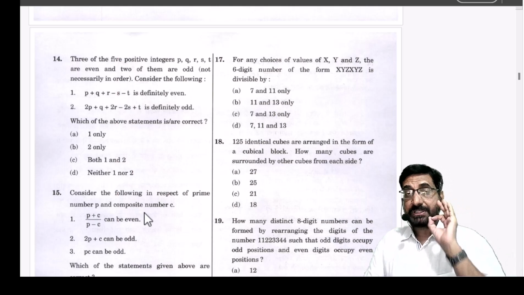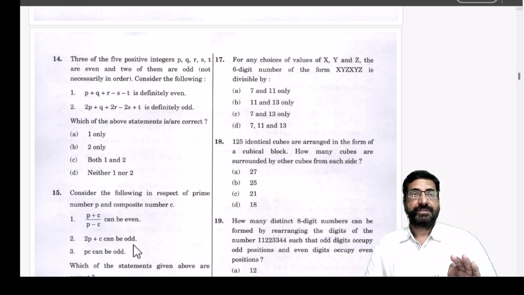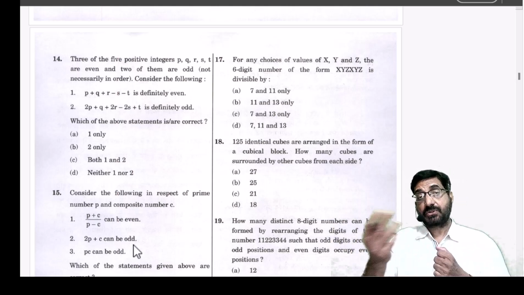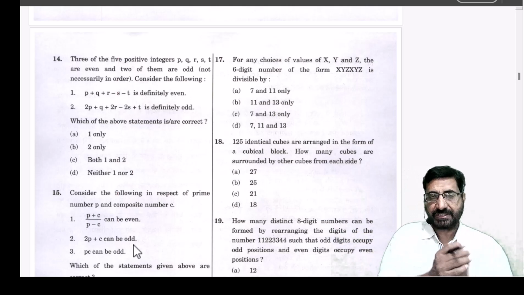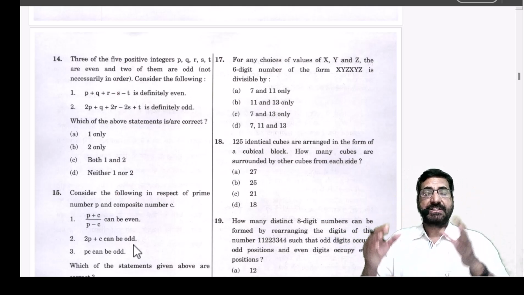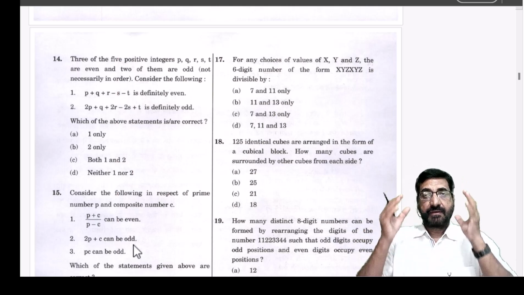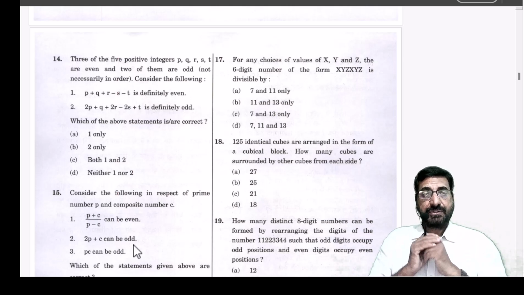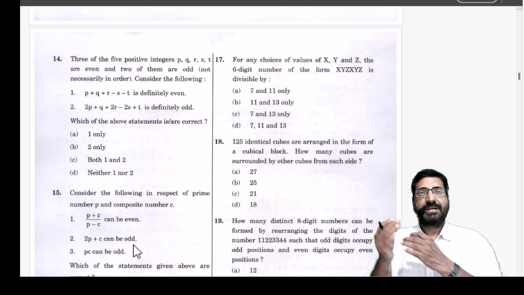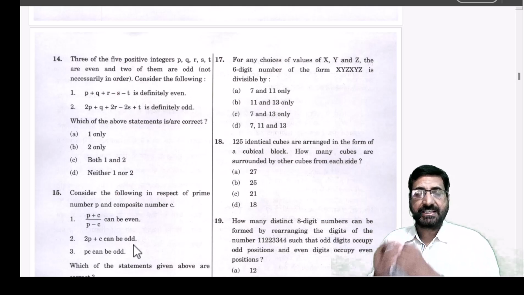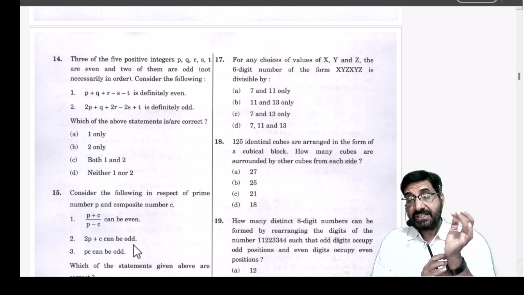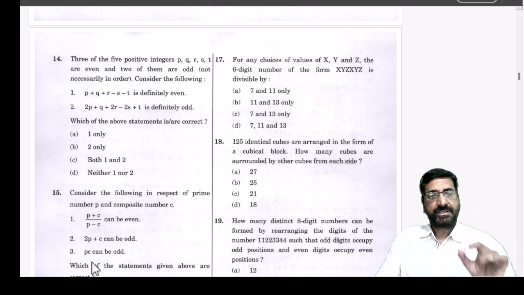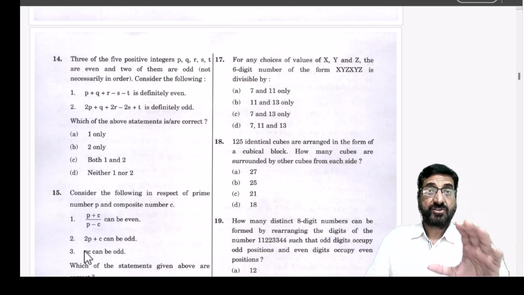Okay, you have to remember, you have to memorize whatever I said before. When you add two even numbers, what you are going to get? When you add two odd numbers, what you are going to get? When you multiply two odd numbers, when you multiply two even numbers, when you multiply one odd and one even number, what are you going to get? When you divide even number by odd number, when you divide odd number by an even number, what you are going to get? So these are all things you have to practice, and remember this basic concept. You will definitely be able to answer such complex questions.